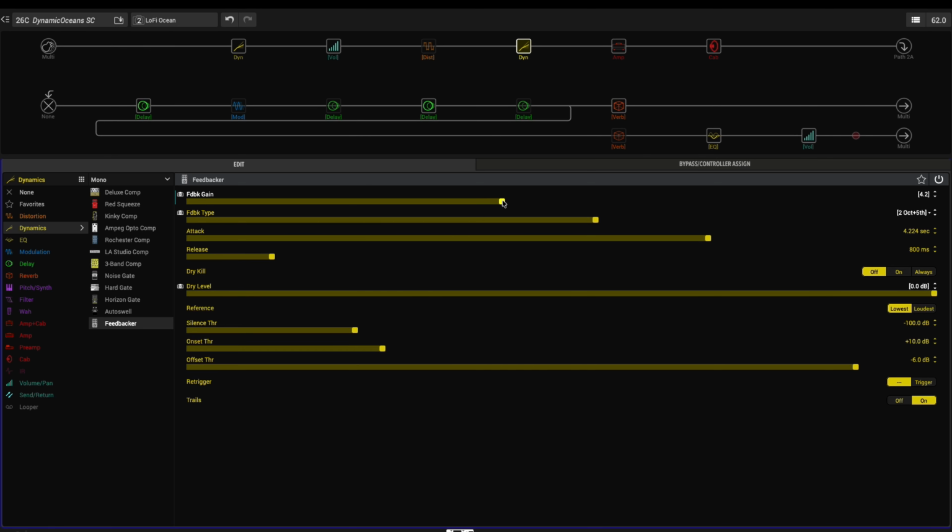But there's another cool, maybe even more subtle way, and that would be changing the feedback type to Unison. And then I'm also going to bring that feedback gain back down a little bit. And this is just going to be super subtle, where you're not getting any of those extra octaves or other pitches. But it does create this cool